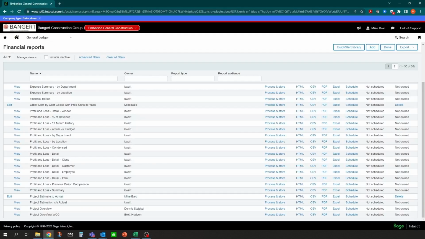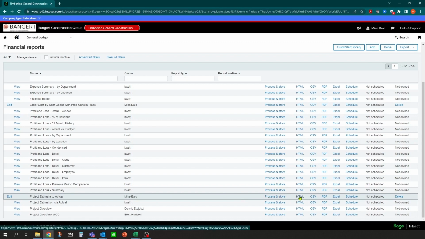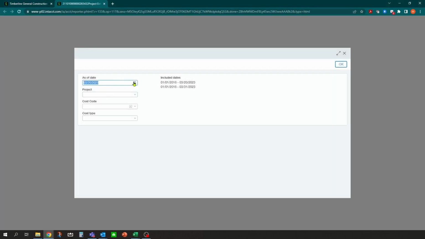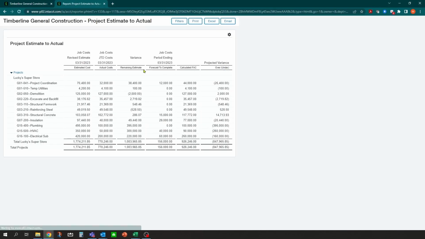Okay, so I went over and made those changes on my other screen. So if I come back into this project estimate to actual, this should now work. I had actually moved a column and forgot to change which columns it's pointing to in my adding and subtracting. So basically now if we come into here, and again, we're going to do March 31st, we're going to say 24,100, and we can do a report on that.